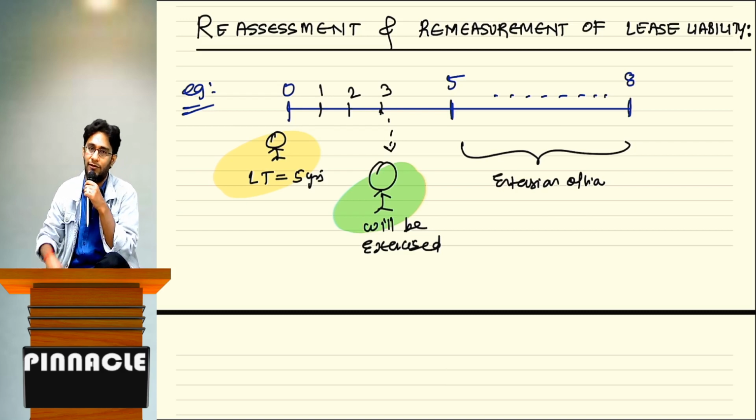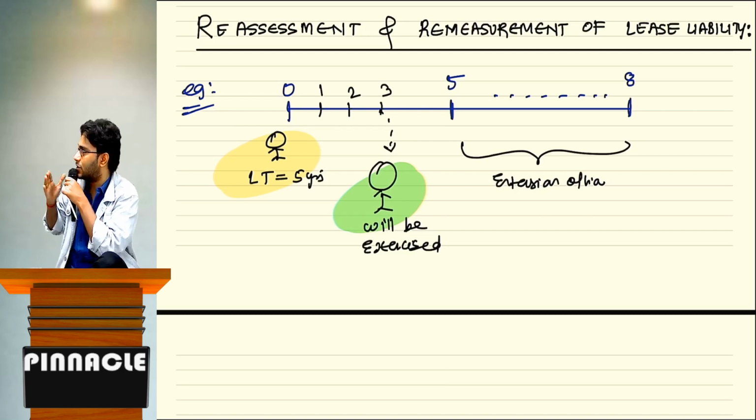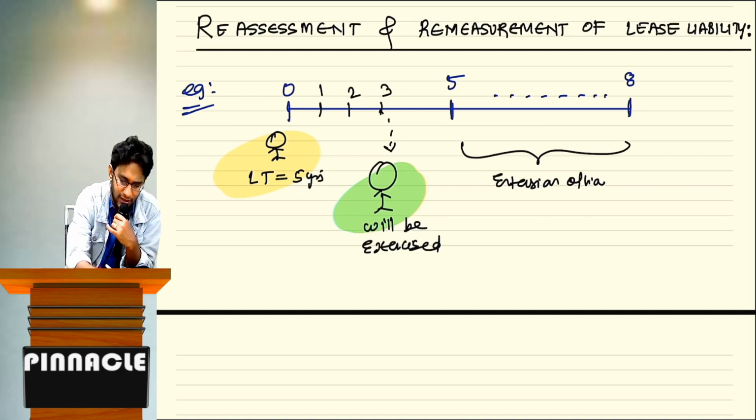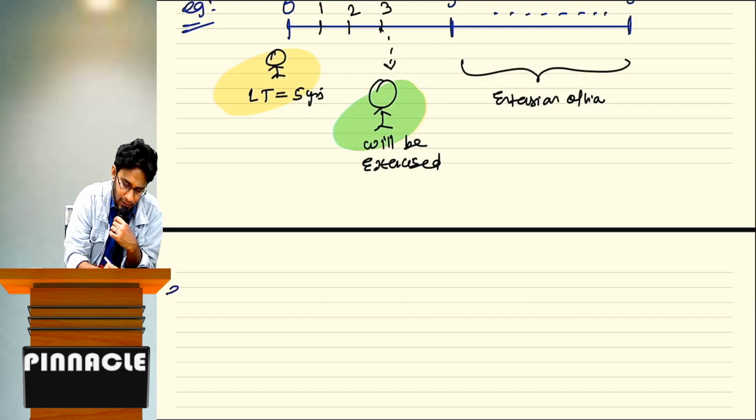So my lease liability will be measured with the higher lease payments, which I now have to reduce and cut short only for the remaining 2 years. So a lease term change can come. This is one example. Another example is